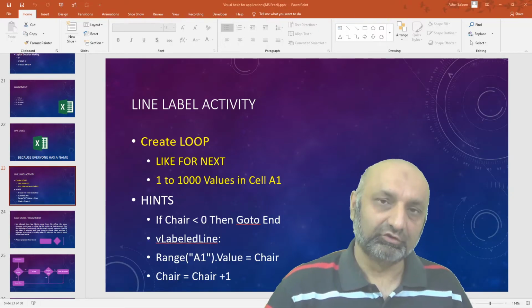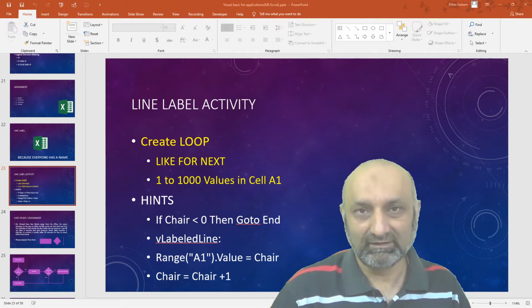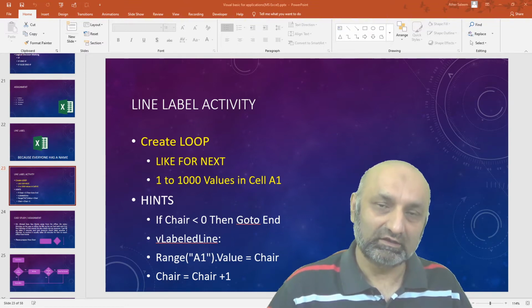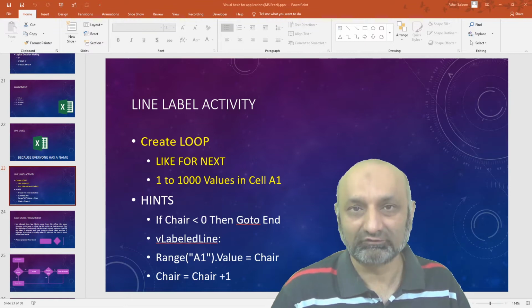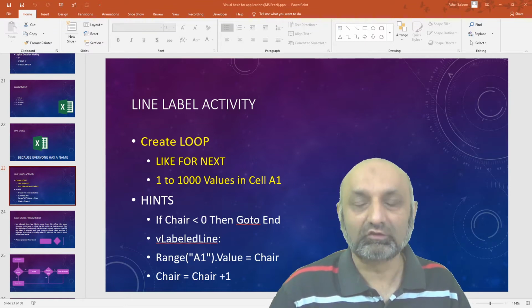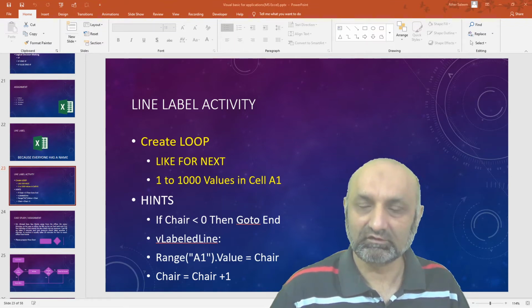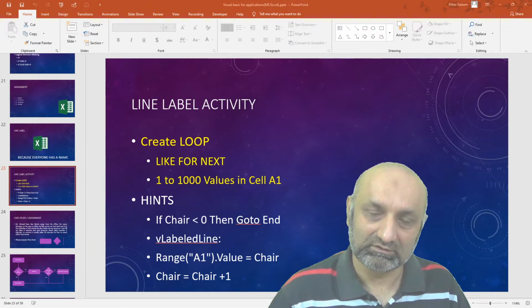In the last video, we talked about how to label a line in VBA and how to use that label with the help of the GoTo function. With GoTo, we can skip certain commands and choose which commands to run.